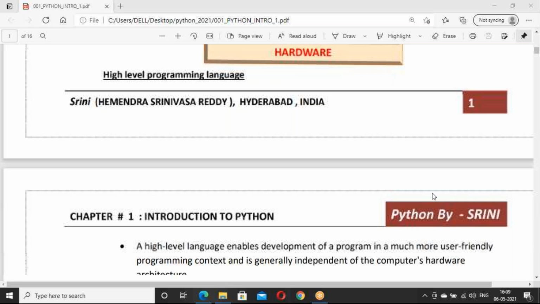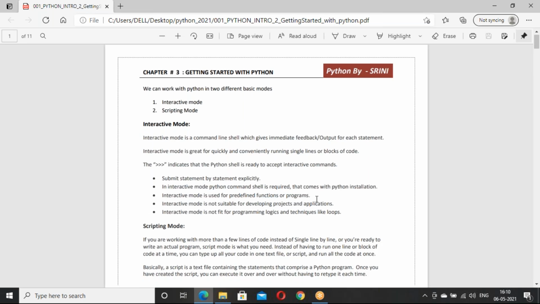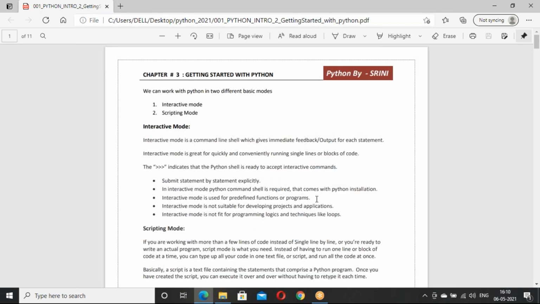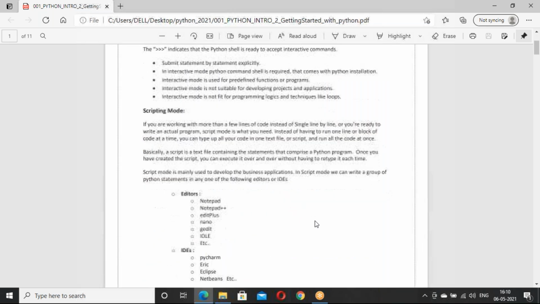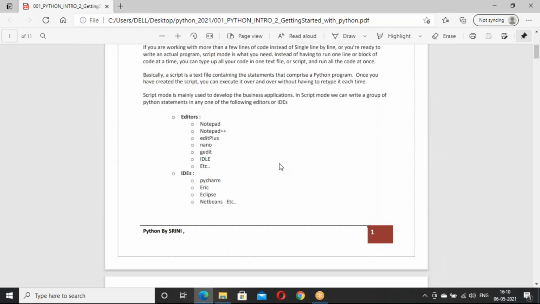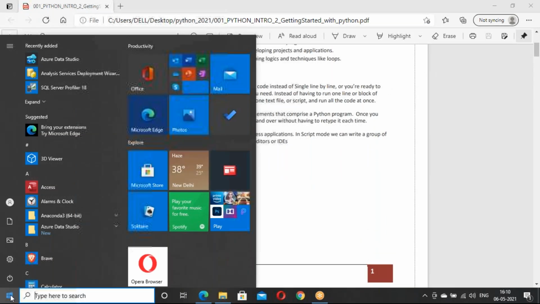And the next document is this one, Getting Started with Python. In this, mainly I have shown you interactive mode and script mode. Already I told you yesterday, we can work with Python in two different modes. One is interactive mode, another one is script mode. And various IDEs, various interfaces we can use to work with Python. First, let us begin with